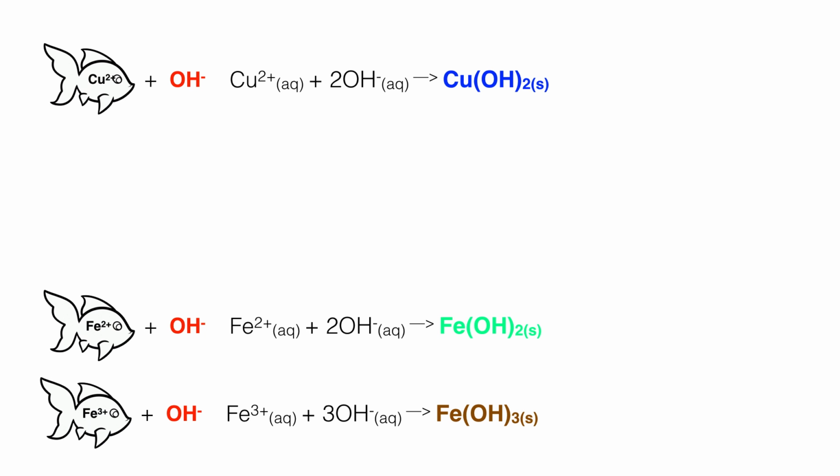Blue for copper, pale white-green for iron 2, and browner for iron 3, a brown precipitate. A couple more comments at this point, however: copper does give us the luxury of a further distinguishing test, and we can again expose the solution. If we got a blue precipitate, we could further distinguish the presence of copper 2 plus ions in a flame